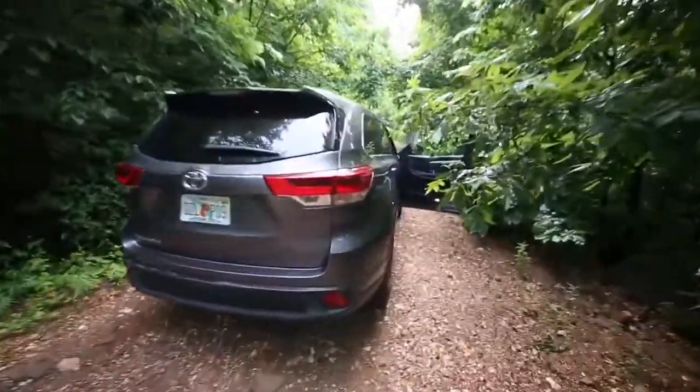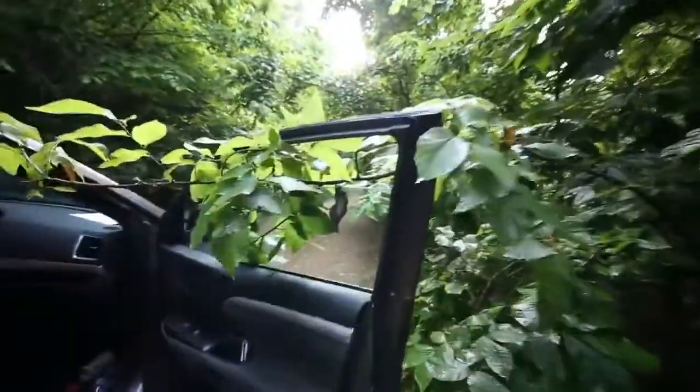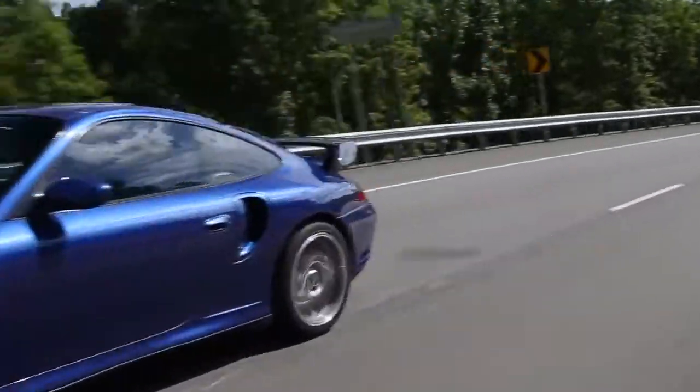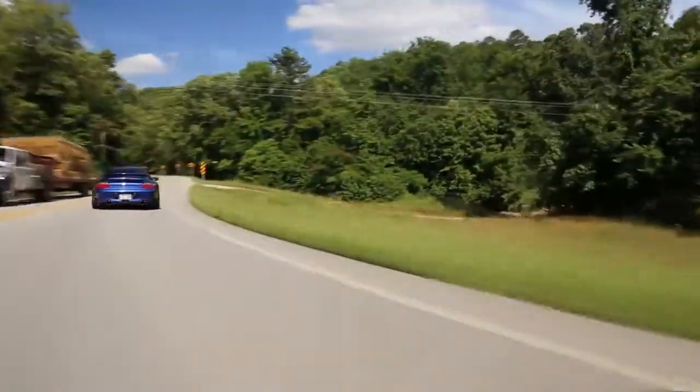All right, you guys, currently going down to Protomotive in the middle of Arkansas. 150-acre property, and this is the road to get there. Oh, this is cool, dude. So having never driven a 996 before,